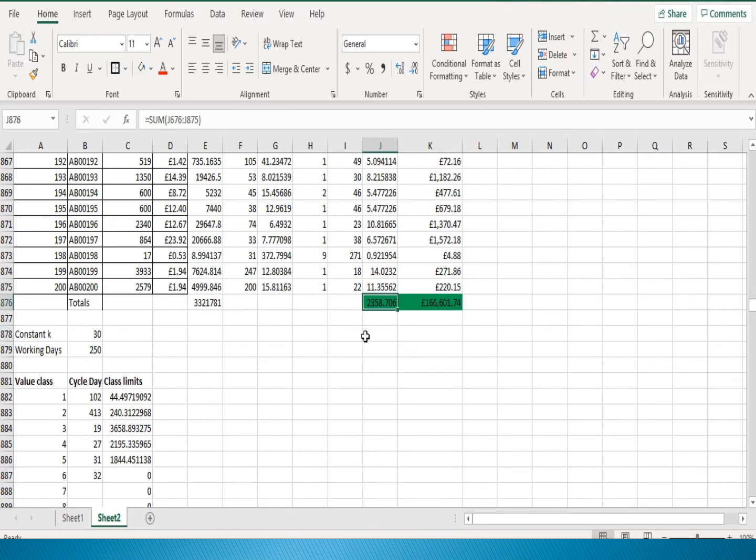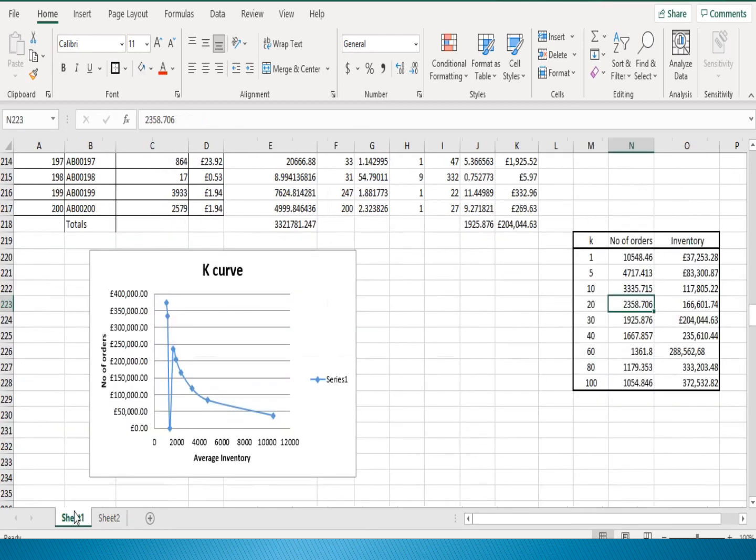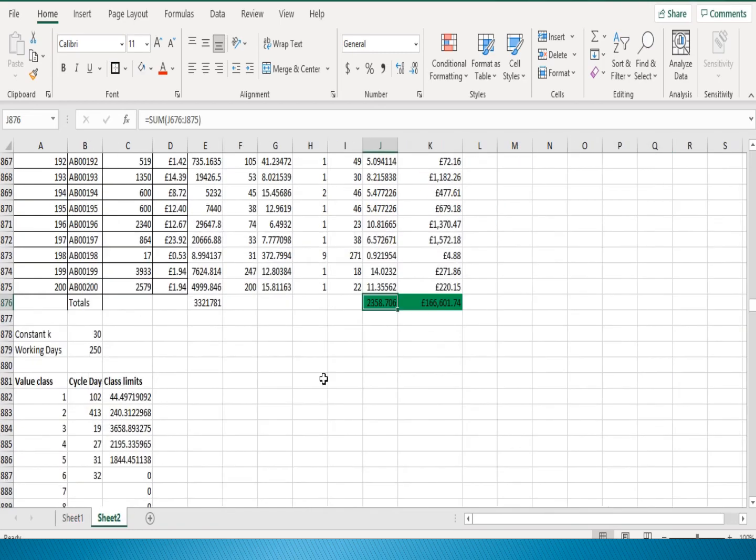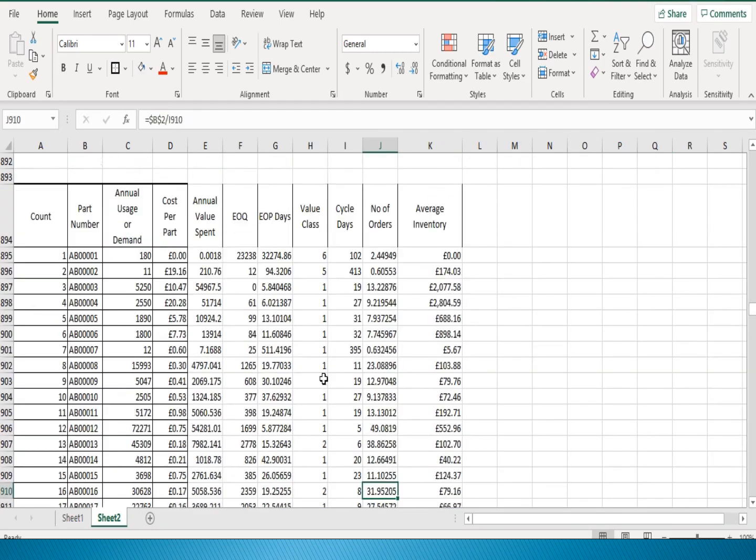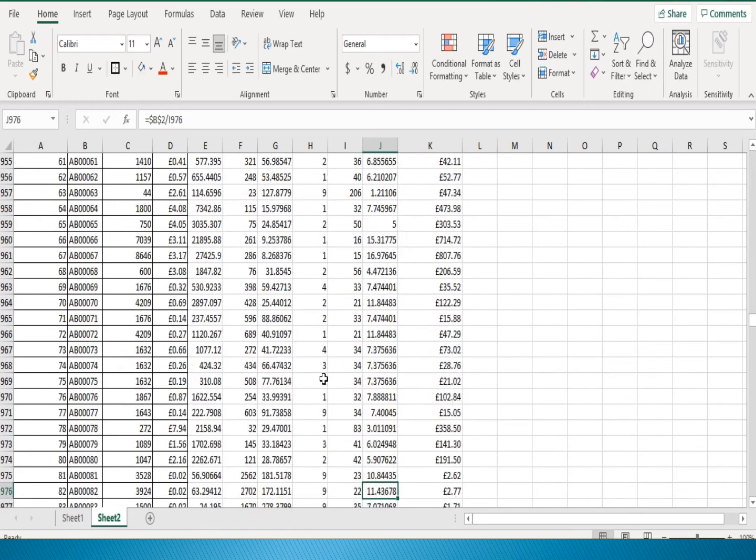This is the final number of orders value of the content K20, as you can check in this table as well. Step by step we will see all the values, and finally we go for a chart, how to make a K-curve chart.